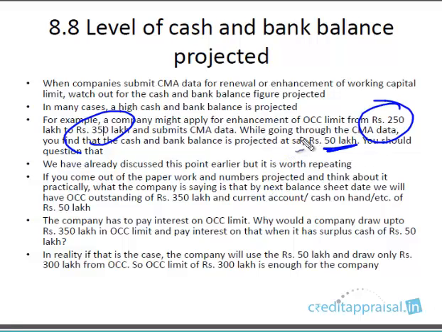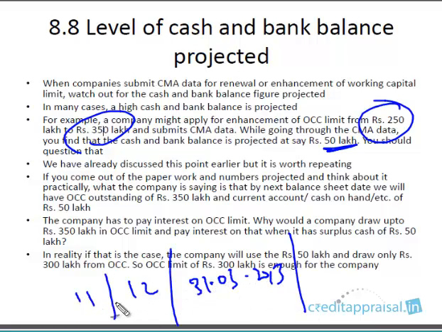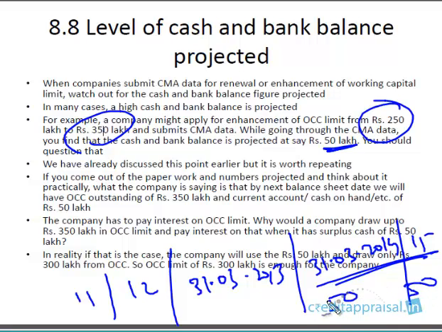Don't worry about the numbers. Just think from a practical aspect. The company is saying 31/3/2013, this is the actual figure. So 12, 11, these are actual figures. Now the company is giving some projections for 13 and 14. In these projections, it is projecting cash and bank balance as 50. This is something in the future. We are right now at 31/3/2013. This is completed, we have the audited figures. This is for the next year, this is in the future.